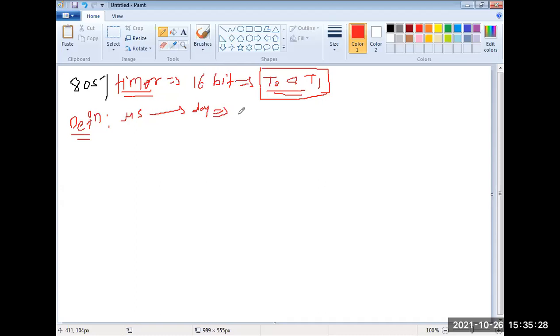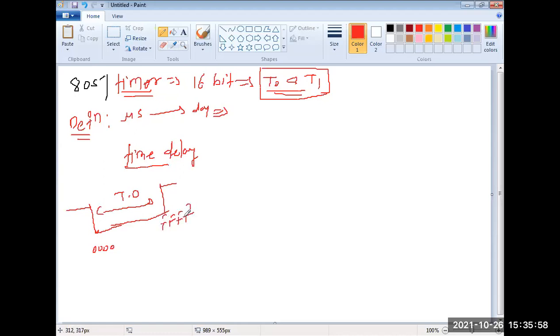Yes. Okay. Now, as we know, the timer provides the time delay. How does it provide time delay? Time delay means the signal should go from high to low or low to high for a specific time. So I can say this is going to be my TD, time delay. To provide this time delay, we need the count value from what point? From 0 to the maximum value. If it is 16-bit, FFFFH.